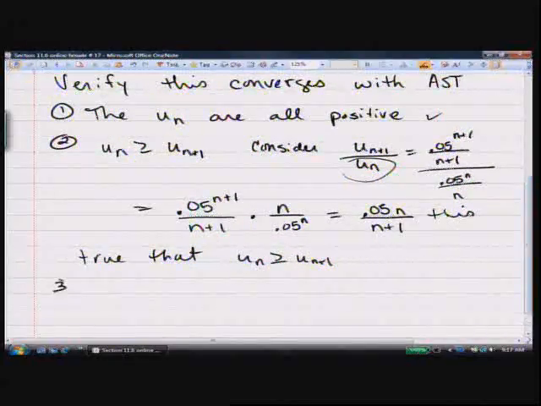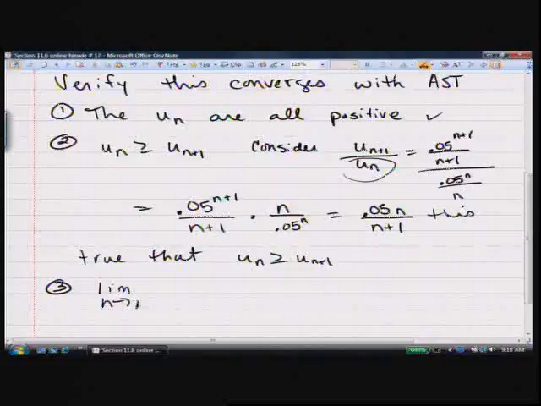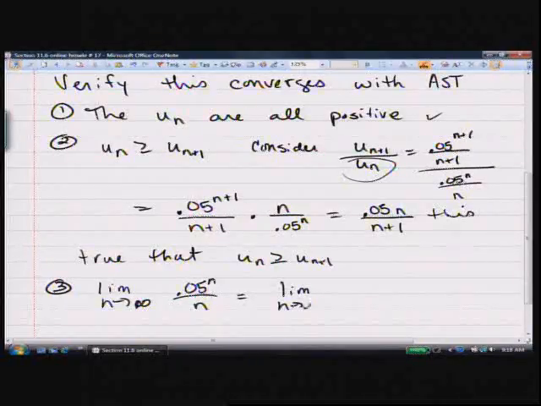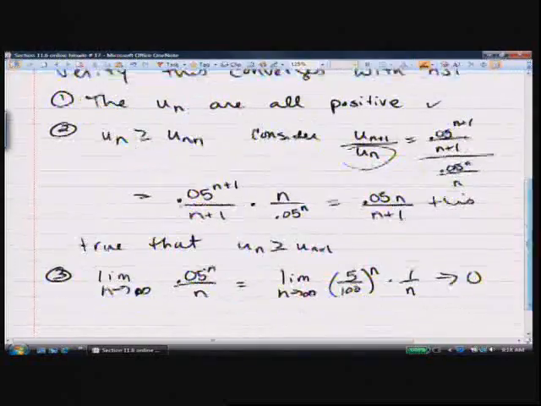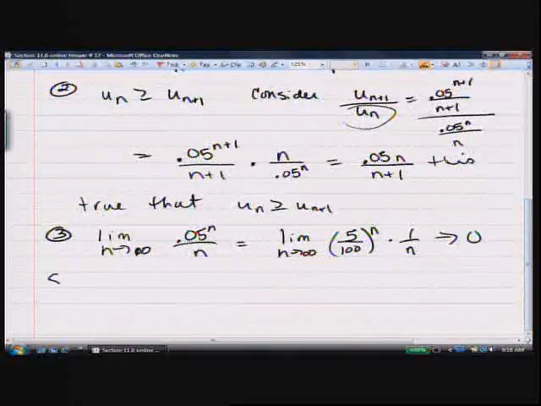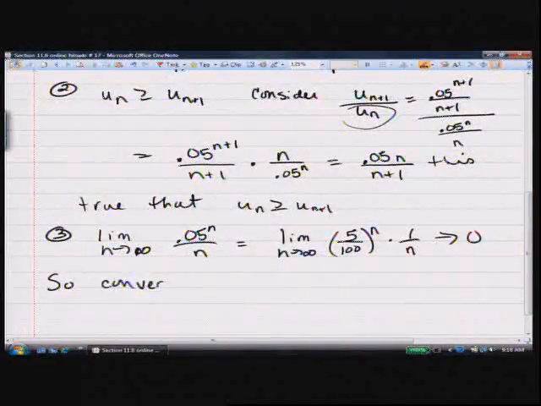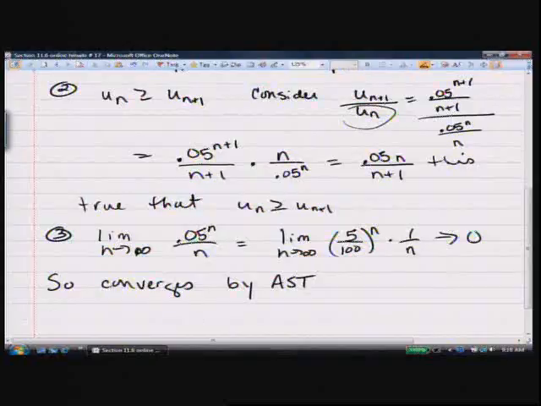And then the third thing with the alternating series test is that you have to make sure that the limit as n goes to infinity of 0.05 to the n over n, well, that's 5/100ths to the n times 1 over n. And hopefully, if you're having a good day, you should see that that goes to 0. So it does pass the alternating series test. So it converges by AST, and our error